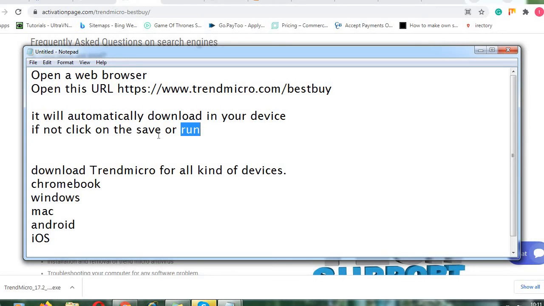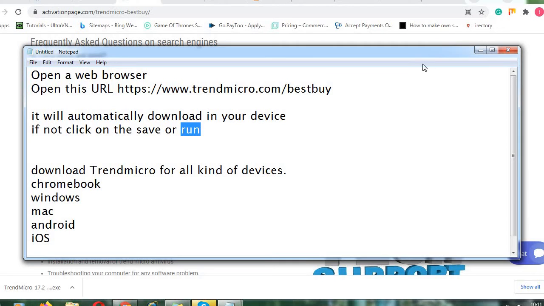Okay, so in case you have a specific device like a Chromebook or any other, then you can download your program from the same page, that is www.trendmicro.com/bestbuy. But what you need to do, if it is downloading automatically, just cancel it and look at the page.